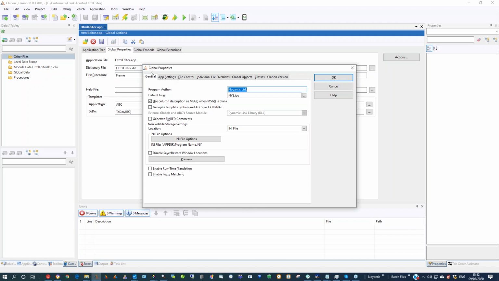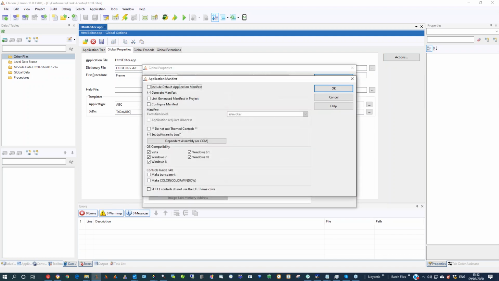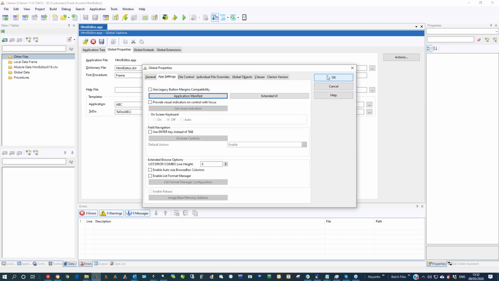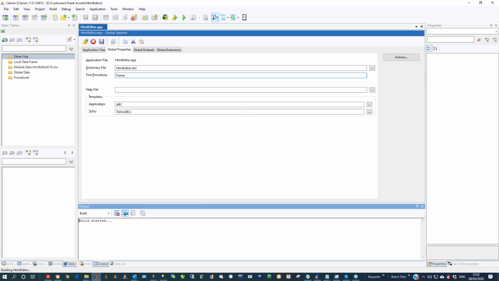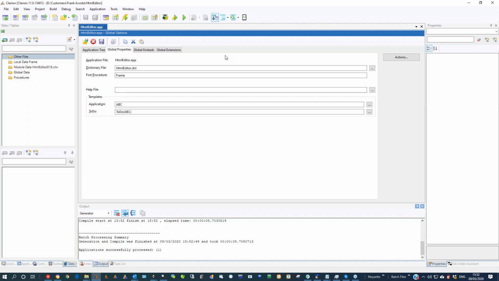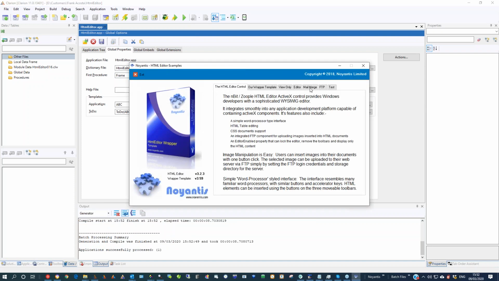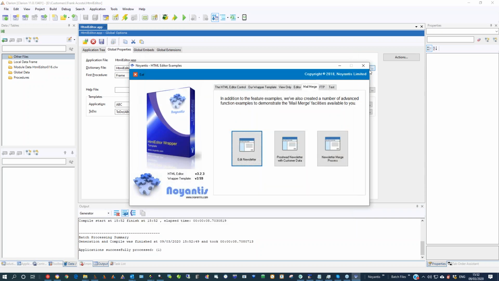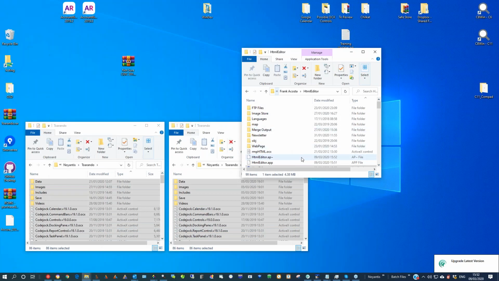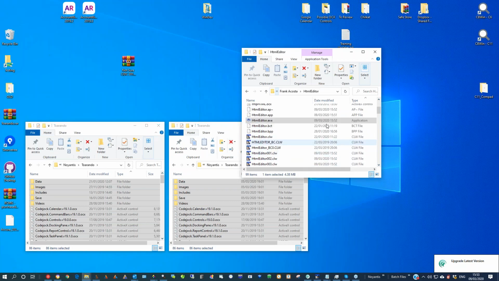Okay, we have that. App manifest, generate the manifest. That's good. Looks good so far. Let's just do a generate. Actually, I should have checked the files, but we can always just delete this and re-extract it. So obviously we expect that to still work. And we've got our editor, of course. And if we go to that folder, from a release point of view, we would expect